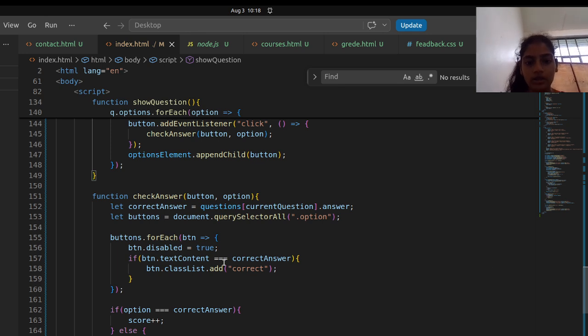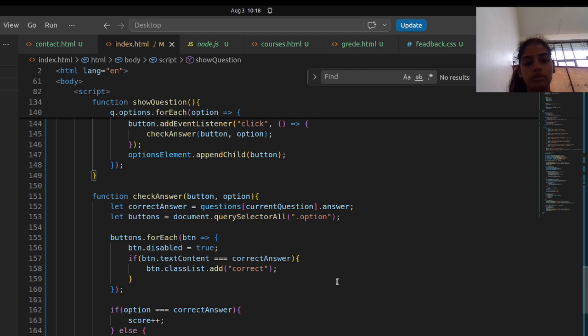If else, text correct answer, button classList add correct. An if else statement is a decision making statement. In JavaScript, it allows the program to perform different actions depending on whether a condition is true or false.